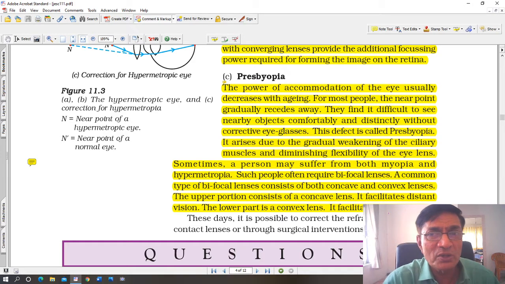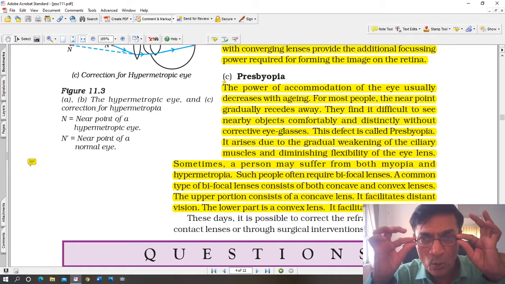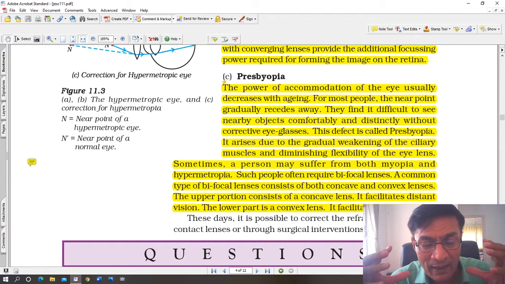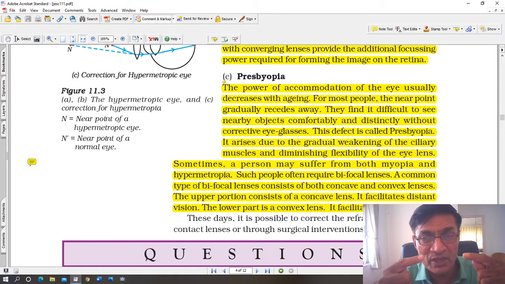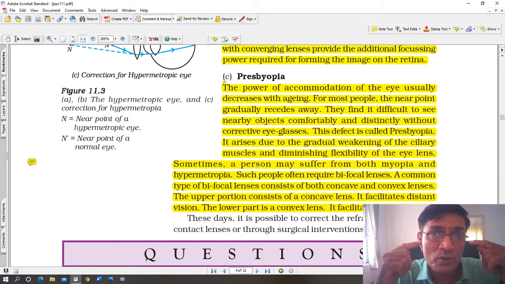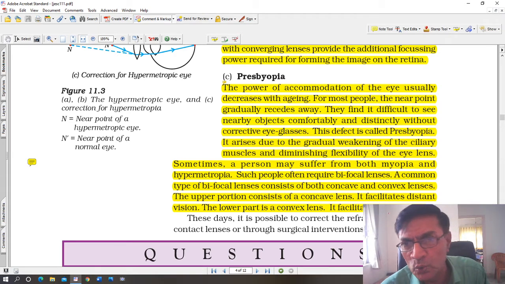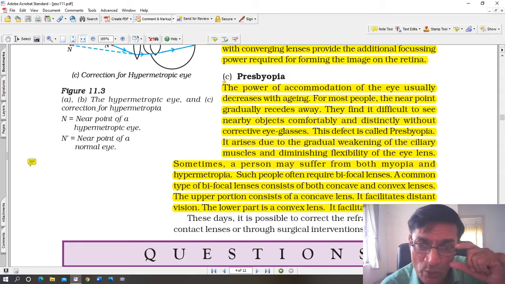And therefore such a person wears what is called bifocal glasses, bifocal lenses. If you look at the lenses, in the lower part there is a curved shape, and those are plus numbers. Convex lenses, and that allows the person to read properly. The upper part is negative, that is a concave lens, and that allows the person to see far away without changing the glasses. But some people prefer two spectacles, a pair of spectacles for both. Some people want bifocal glasses, that is, in one single lens.